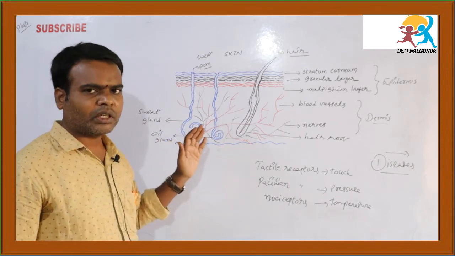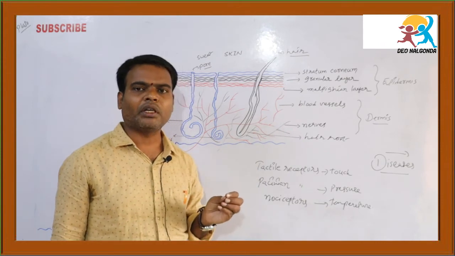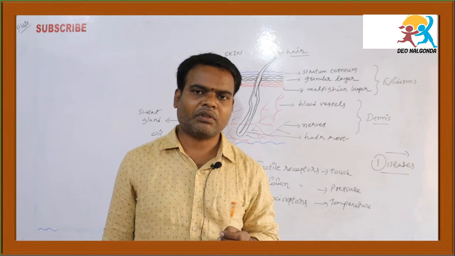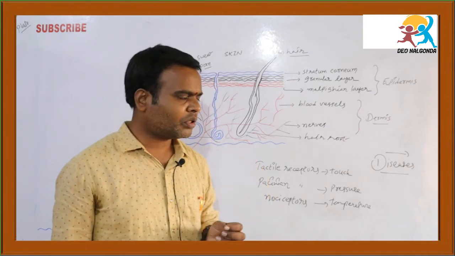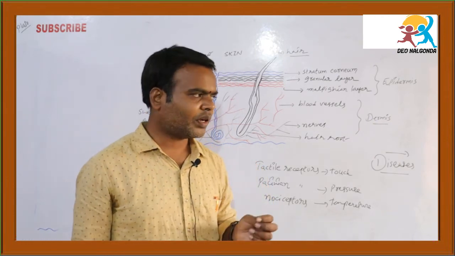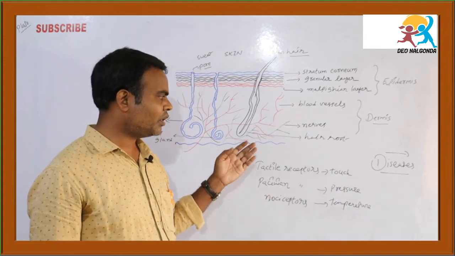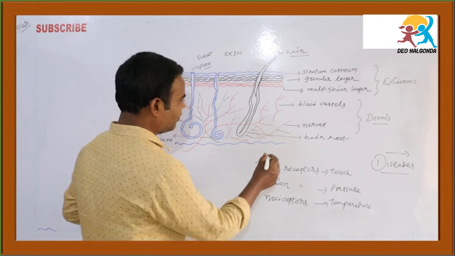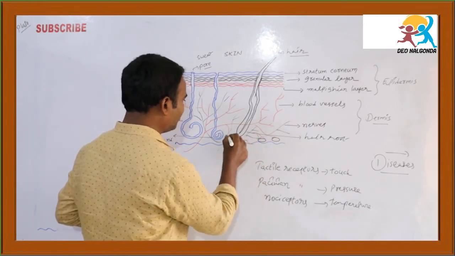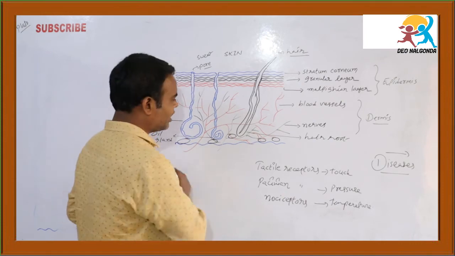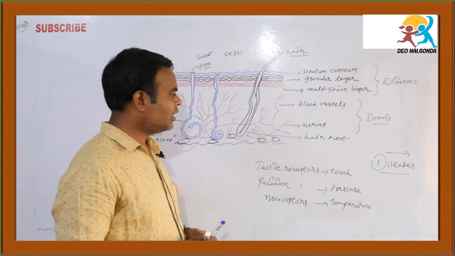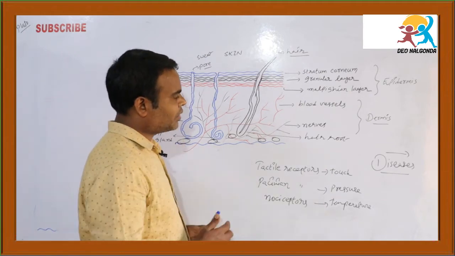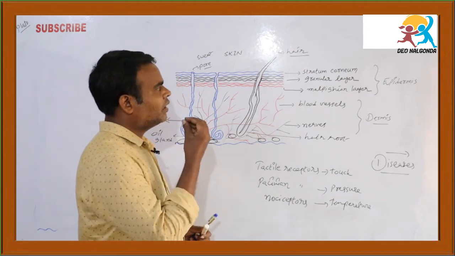So not only this, you know that in the human body, you studied in the animal tissues, especially the adipose tissue, one of the connective tissues. So the adipose tissue is nothing but the fat storage tissue. Where do you find fat storage tissue? Just beneath the skin you will find it. That's why here you can find some fat globules also. These fat globules are also located in the endodermis. Thus the endodermis is the major part which contains all types of materials related to the skin.